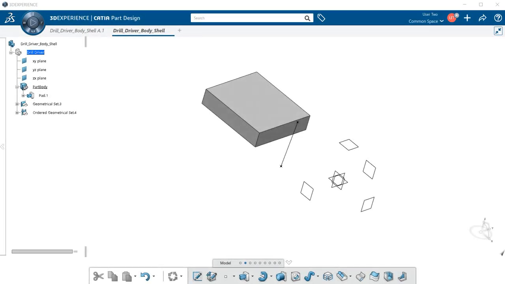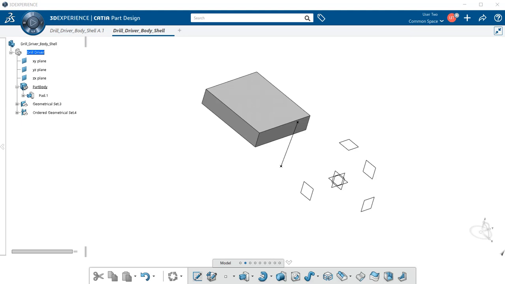Geometrical sets. The simplest way to think about a geometrical set is as a container for features. What is meant by a container is that it's a place you can organize information pertinent to the design as well as its intent of the part you are modeling. Being that 3D experience is very flexible in what it allows the end user to do, the only steadfast rule about geometrical sets is that they cannot contain solid features, that is, items created in the